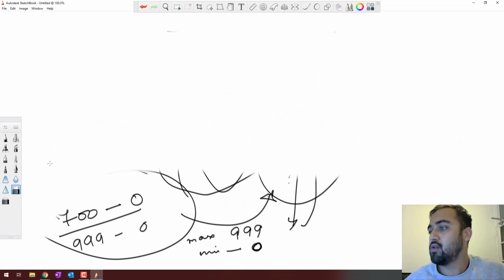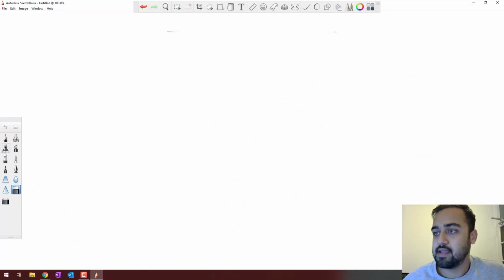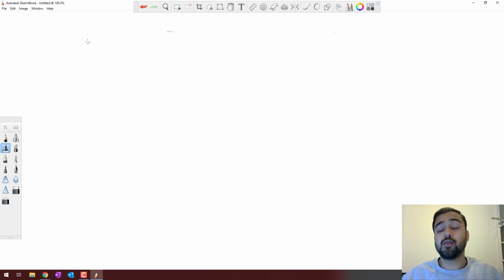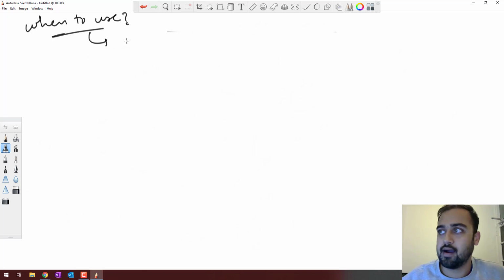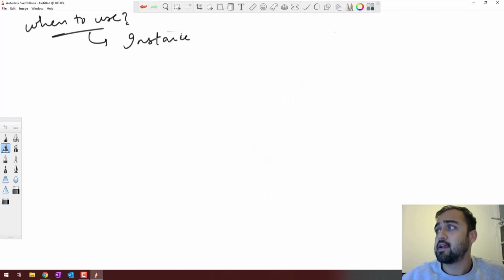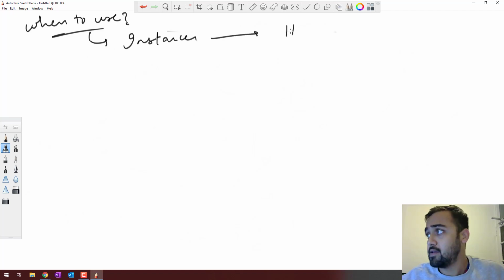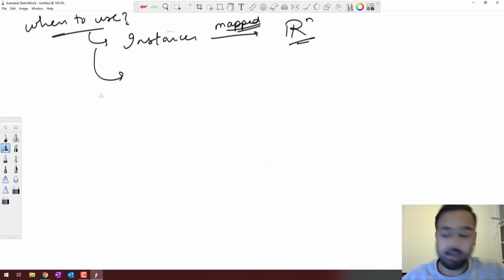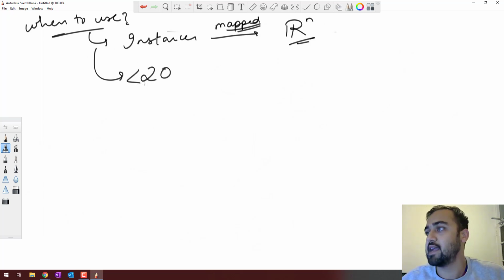Now, when do we use our K-nearest neighbor algorithm, or nearest neighbor algorithm? When to use it? We should use it when the instance can be mapped to points in R. If the instances can be mapped to real values, we can use nearest neighbors. The other time when we can use nearest neighbors is when we have less than 20 features,